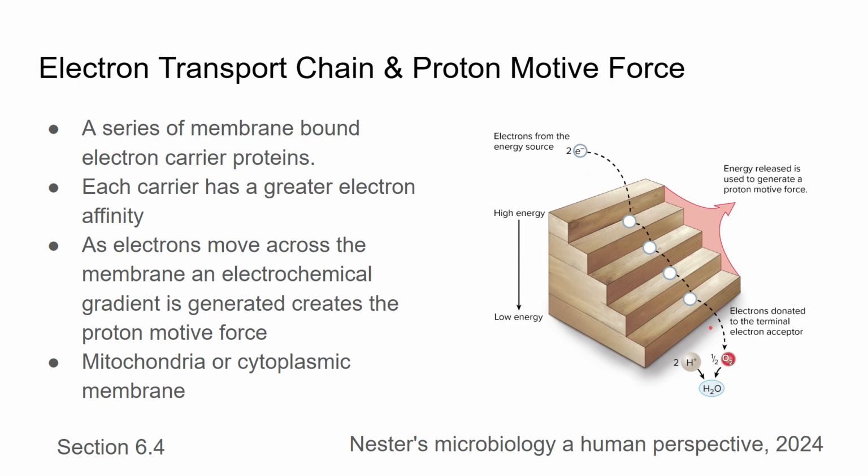But as this happens, it will create an electrochemical gradient, and this will cause hydrogens to be pumped through to the other side, and this will create something called a proton motive force. We'll come back to this later. But note that the electron transport chain and the proton motive force are going to be generated in the mitochondria